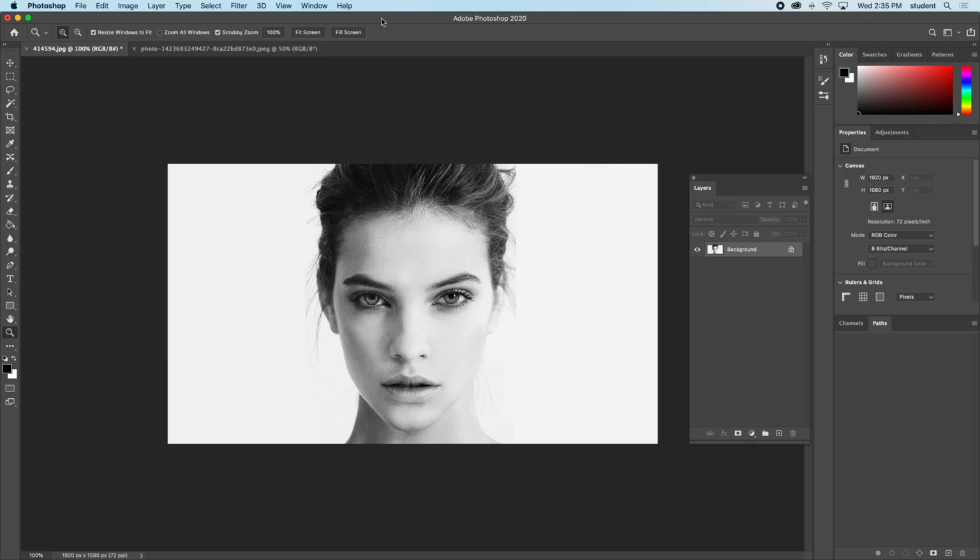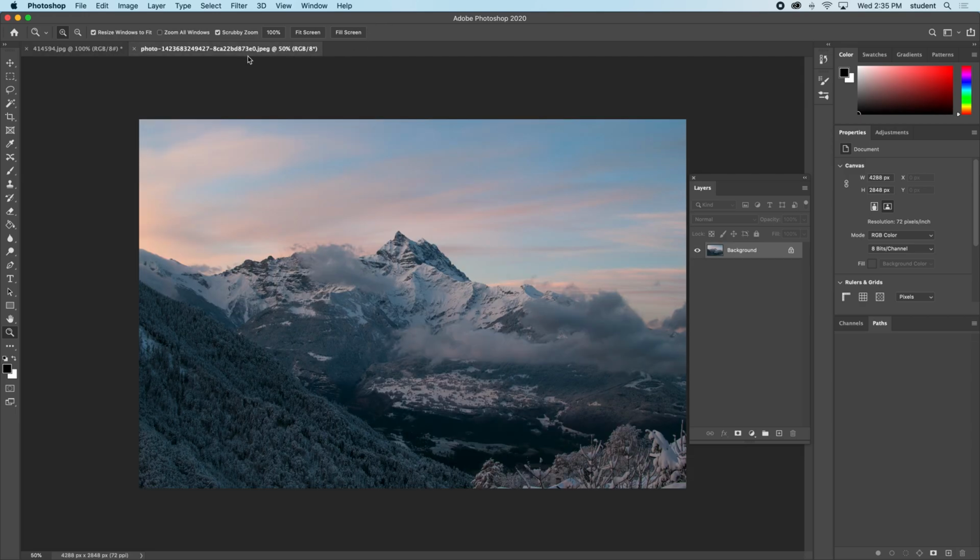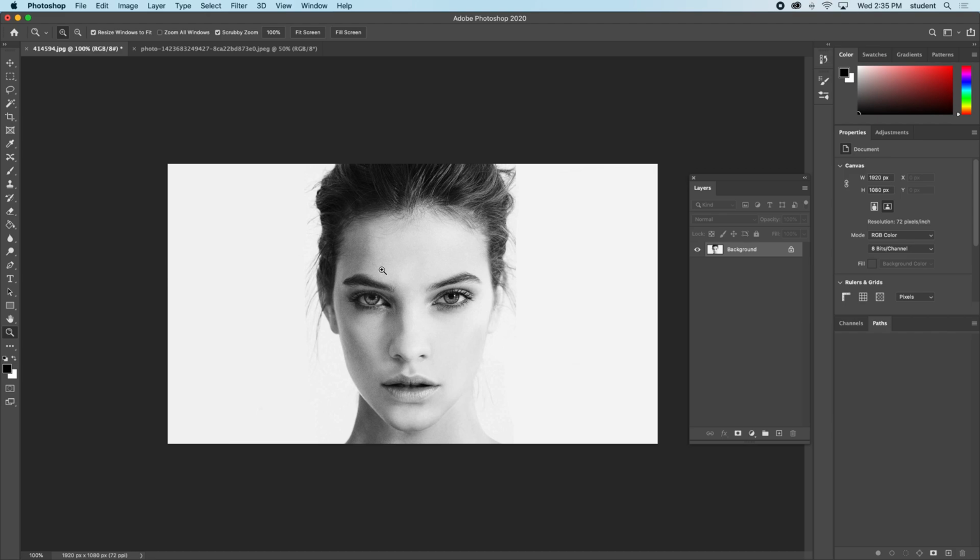Hi everybody. In this tutorial we're going to look at a second technique in making a double image or double exposure. We did our first one where we knocked out the backgrounds and made them white and used a blend mode. Well, in this case we're not going to be using blend modes. We're going to use a custom brush and reveal the image through the brush. So I have this portrait and I have this background right here. So let's get started. We'll start here with the girl, and what I'm going to do is turn